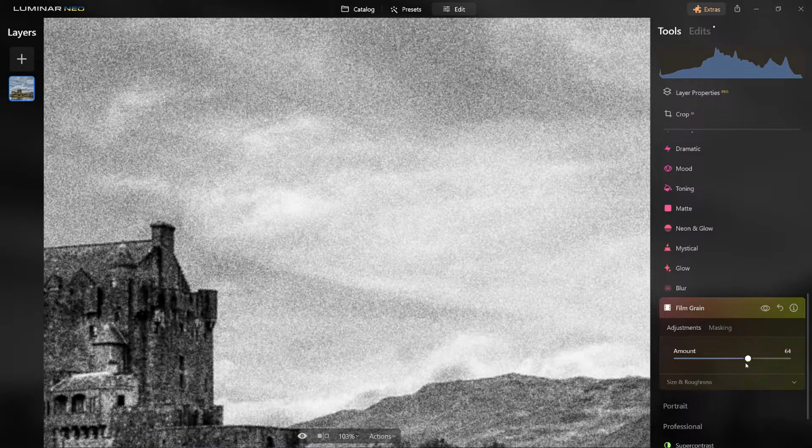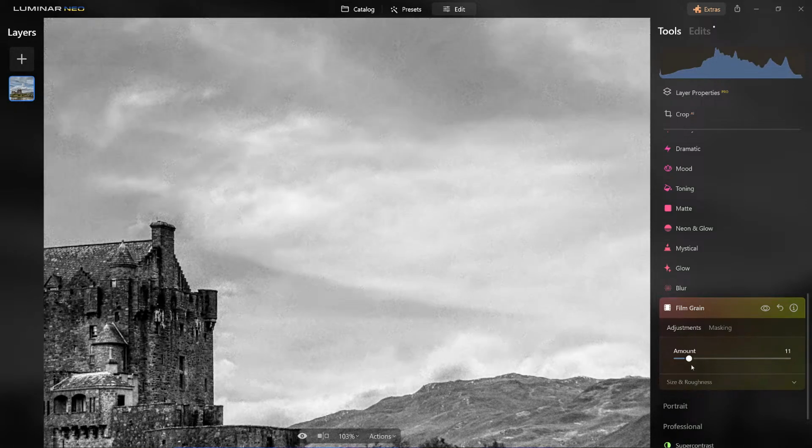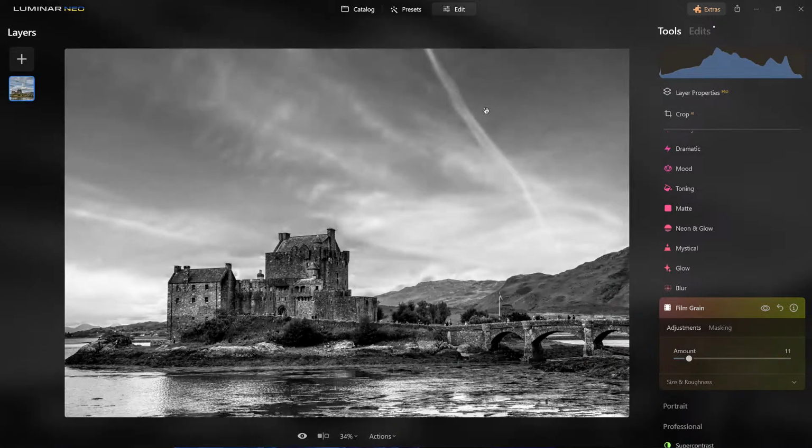That's way too much. I want very little. It's there, but it's not noticeable. Yeah, look what that does. Look how that just fills in the gaps of the clouds. It gives it more texture. You know what? And because of that film grain, look, before,